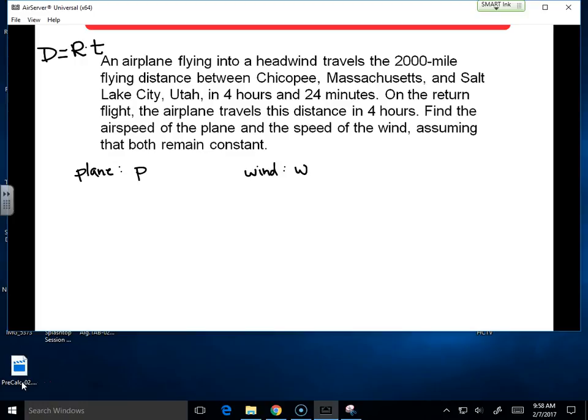Less time on the way back though, right? Takes more time on the way there. So the plane is going slower. How much slower? Okay. P minus W is going to be the rate